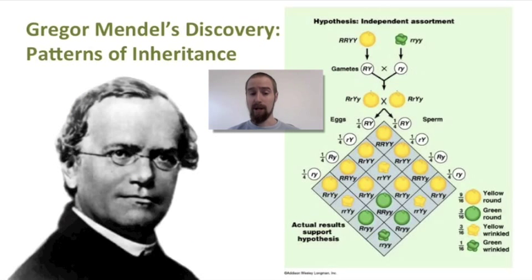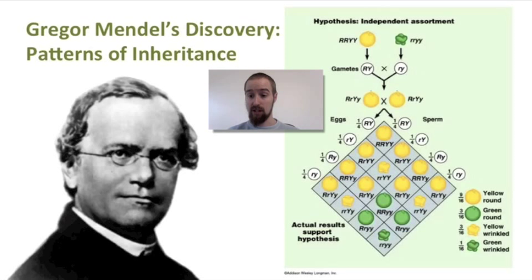Remember, Mendel couldn't see these alleles that we are depicting here, and he had no idea that these things that we now call alleles are versions of genes carried on these things that we now call chromosomes. All he knew about was what we now think of as the phenotype of each plant. But by keeping careful track of the characteristics of the offspring grown from seeds produced by each of his crosses, Mendel was able to propose a mechanism for what he saw, and this mechanism, which assumes that traits are controlled